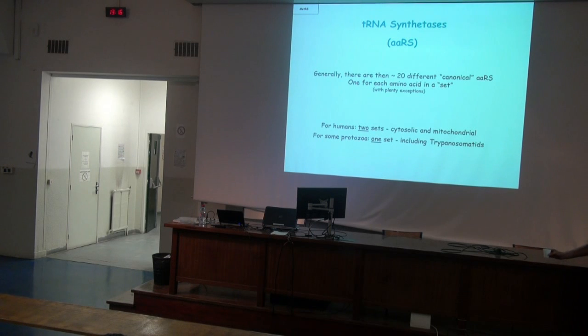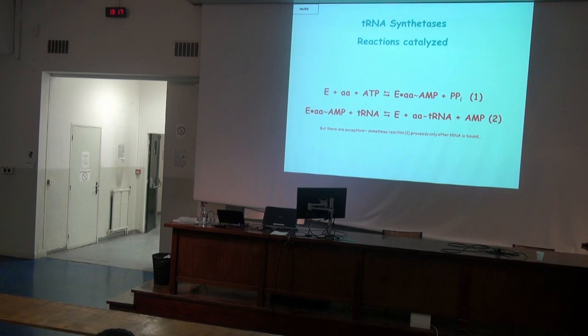And here we go after a very fundamental biochemical process, and that is the synthesis of proteins. You probably all had this at a certain moment. And we need tRNA synthetases for that, to bring tRNA charged with the proper amino acid to the ribosome. So this is a reaction which is carried out. The enzyme plus amino acid and ATP gets enzyme-amino acid coupled to AMP, pyrophosphate disappears, and then there is